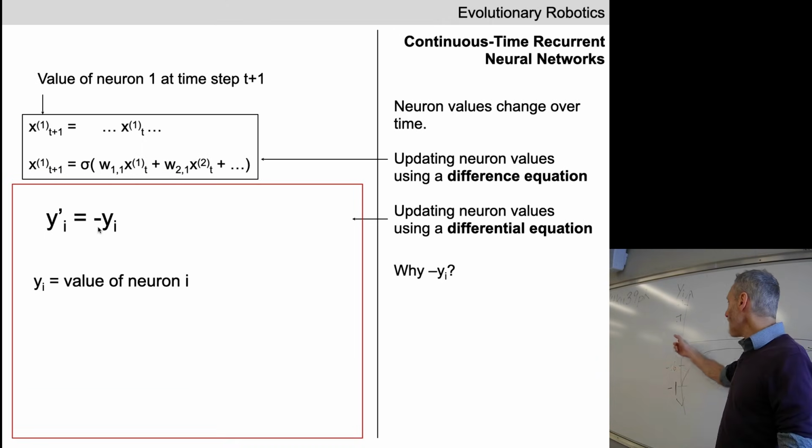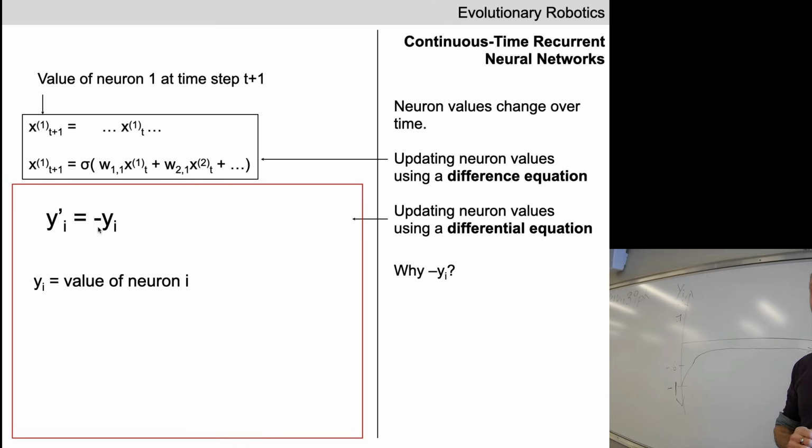No matter what value of the neuron it is, as time goes forward, all other things being equal, we're going to add some more mathematical detail to this equation, but not yet. All other things being equal, a neuron's value will always decay back to 0. That is capturing arguably the most important biological detail of neurons, which is